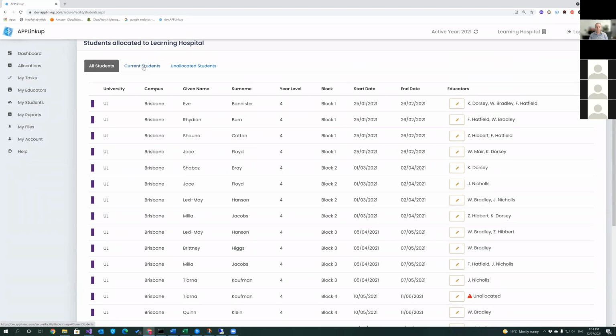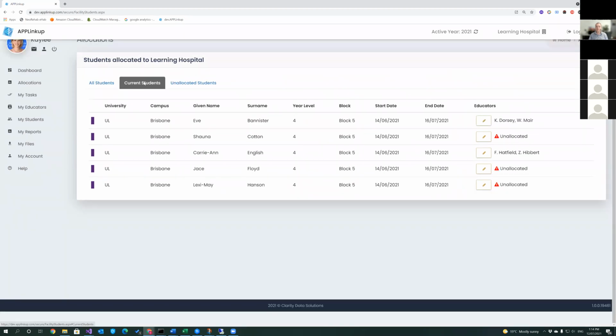Second tab is current students. So these are students that are on placement now based on this start and end date of the clinical block. So anyone who's supposed to be in your facility, you can see very quickly by clicking on that current student tab, and it'll also show you those that are unallocated. So that's a bit of an alert action item there, that you've got students in the building, but they don't yet have an educator. Hopefully you never see that because you've done your allocations prior to placement, but that's a